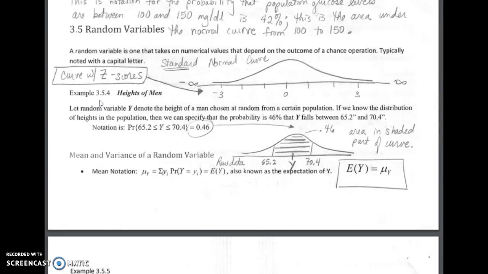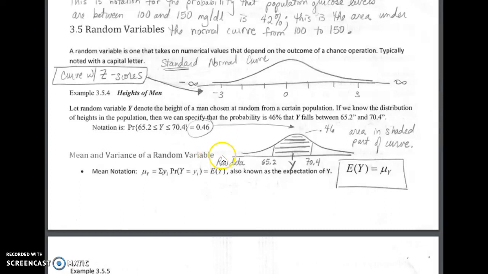If we know that there is a 46% chance that the height of a randomly selected male is between 65.2 inches and 70.4 inches, then the notation for that is Pr, probability, in the parentheses, 65.2 is less than or equal to Y is less than or equal to 70.4, and that is equal to 46%, or 0.46